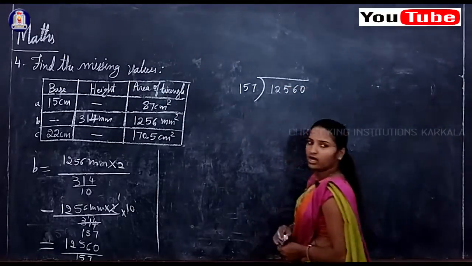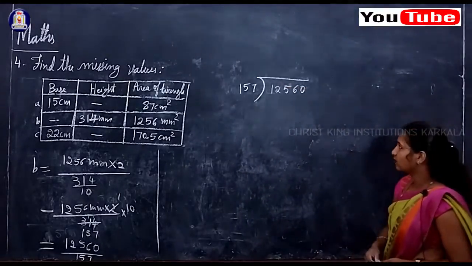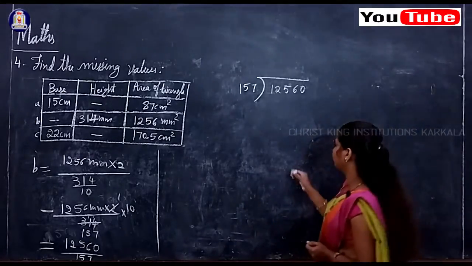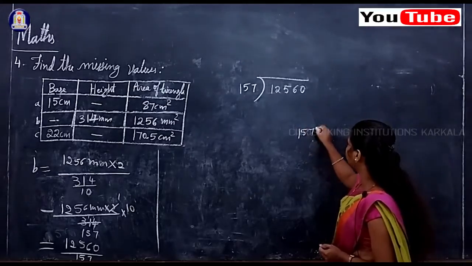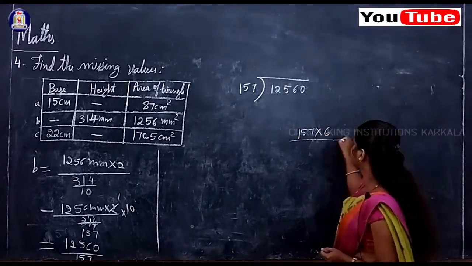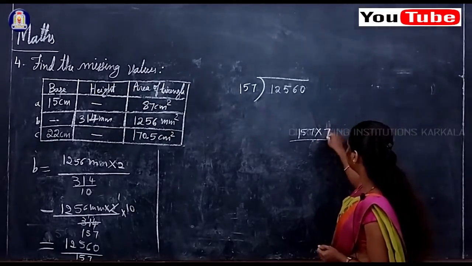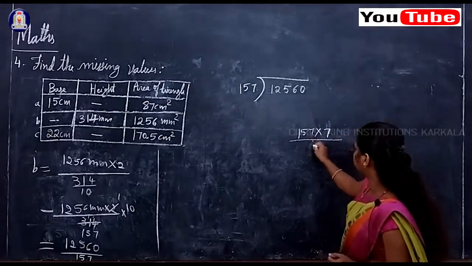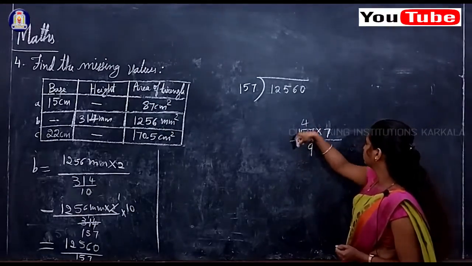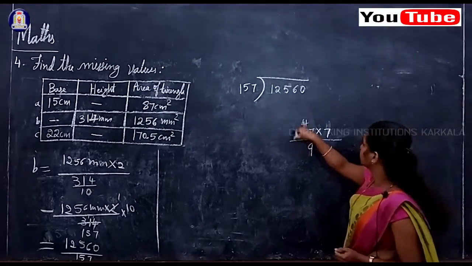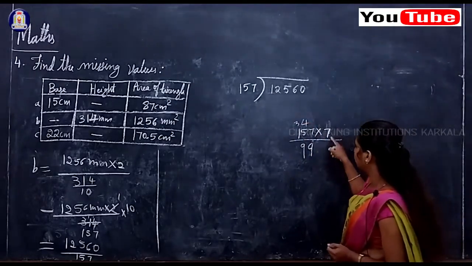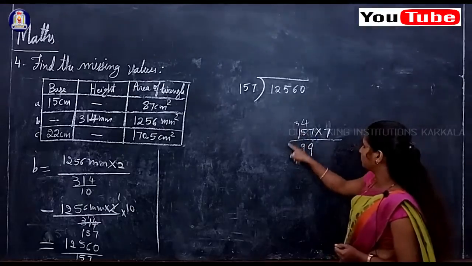12560. So now 157, how much are 12,560? We don't know the table of 157, right? So you just have to multiply and check. Multiply by 6 or 7, any number, and see. Why? Because 7 sevens are 49. See, 4 remaining, 7 fives are 35. 35 plus 4, 39, 3 remaining. So 7 ones are 7, 7 plus 3,